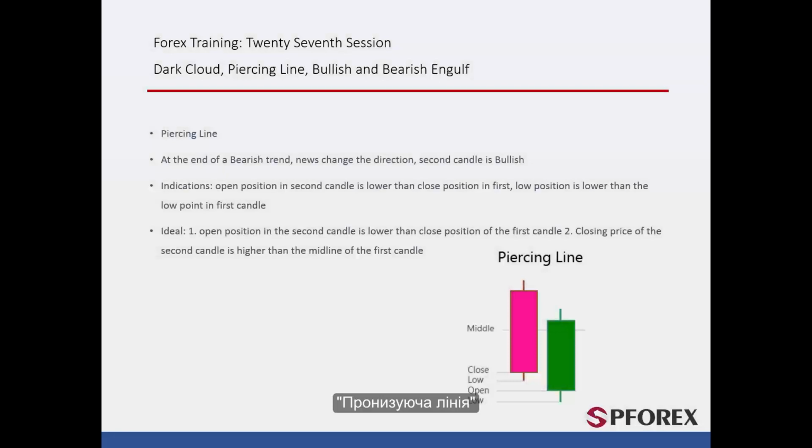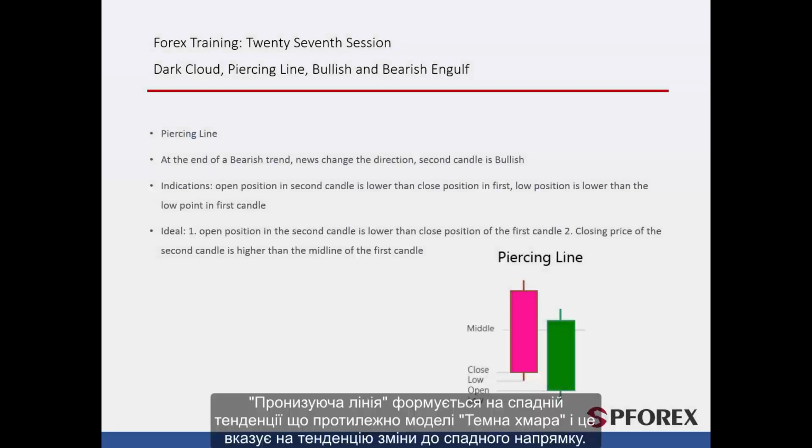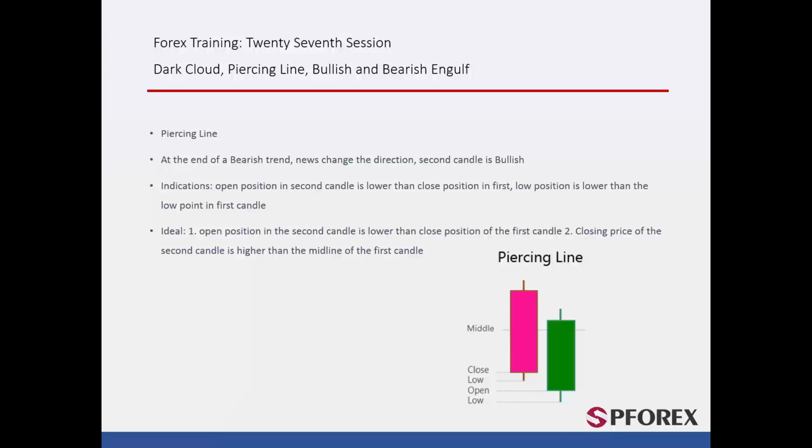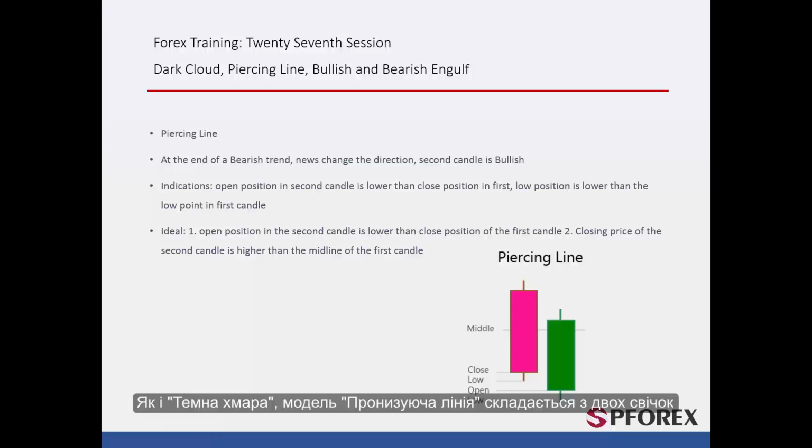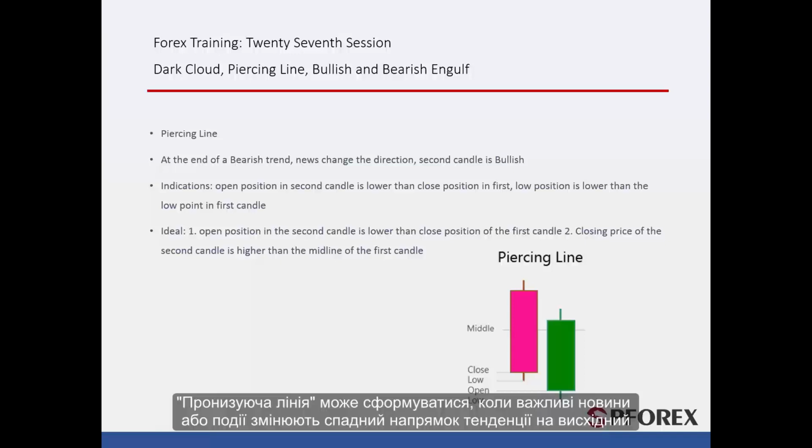Piercing line. Piercing line forms in a downtrend, opposite to the dark cloud pattern. It indicates a reversal trend in a decline direction. Like dark cloud, the piercing line pattern consists of two candles. A piercing line may form when a significant news or event changes the downward direction of the trend to an